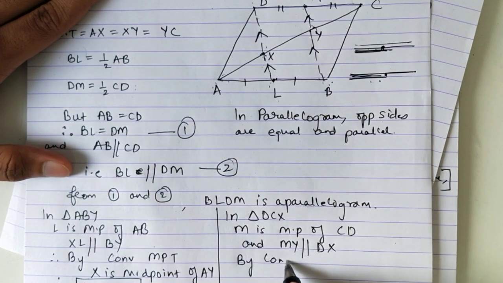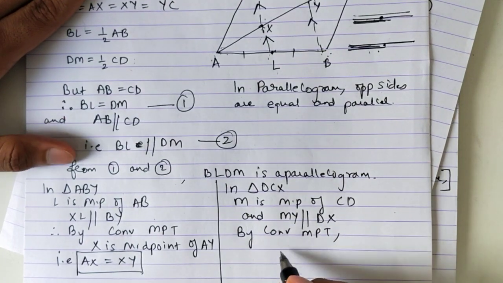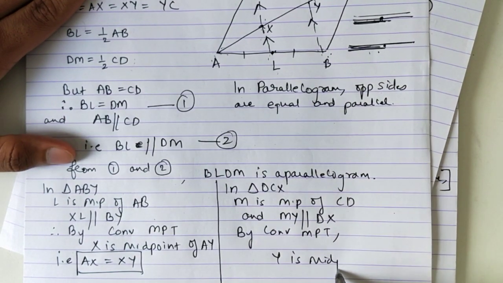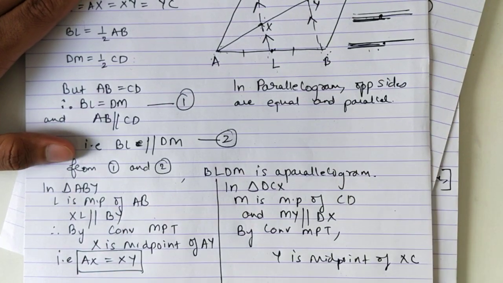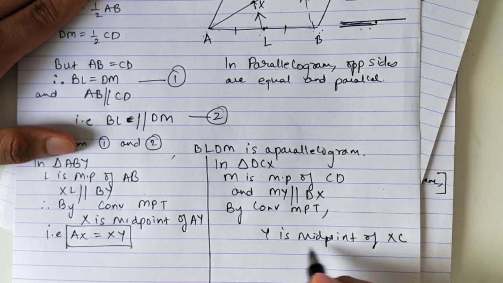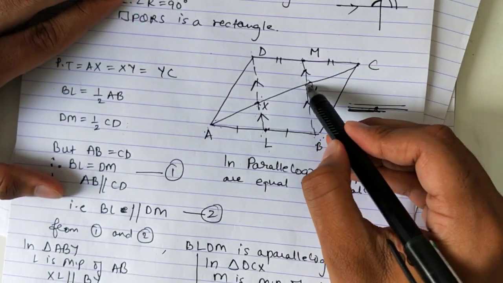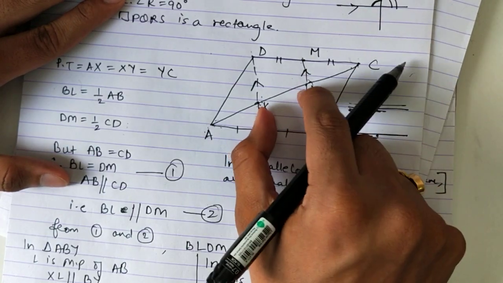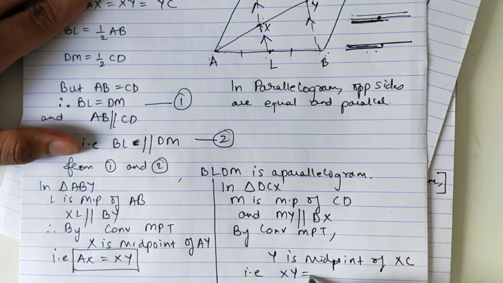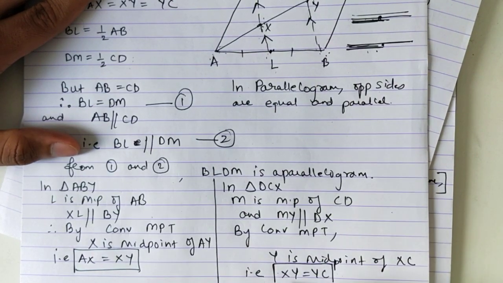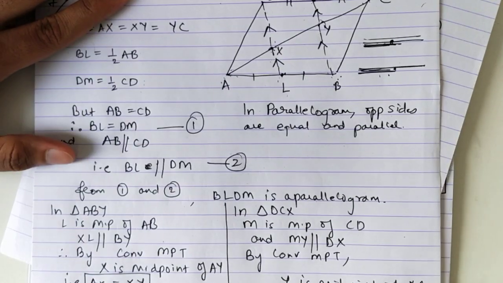So by converse midpoint theorem, Y is the midpoint of XC. Okay, Y is the midpoint of XC. That is, if Y is the midpoint of XC, it means XY और YC equal हैं. Correct? XY is equal to YC. Now,